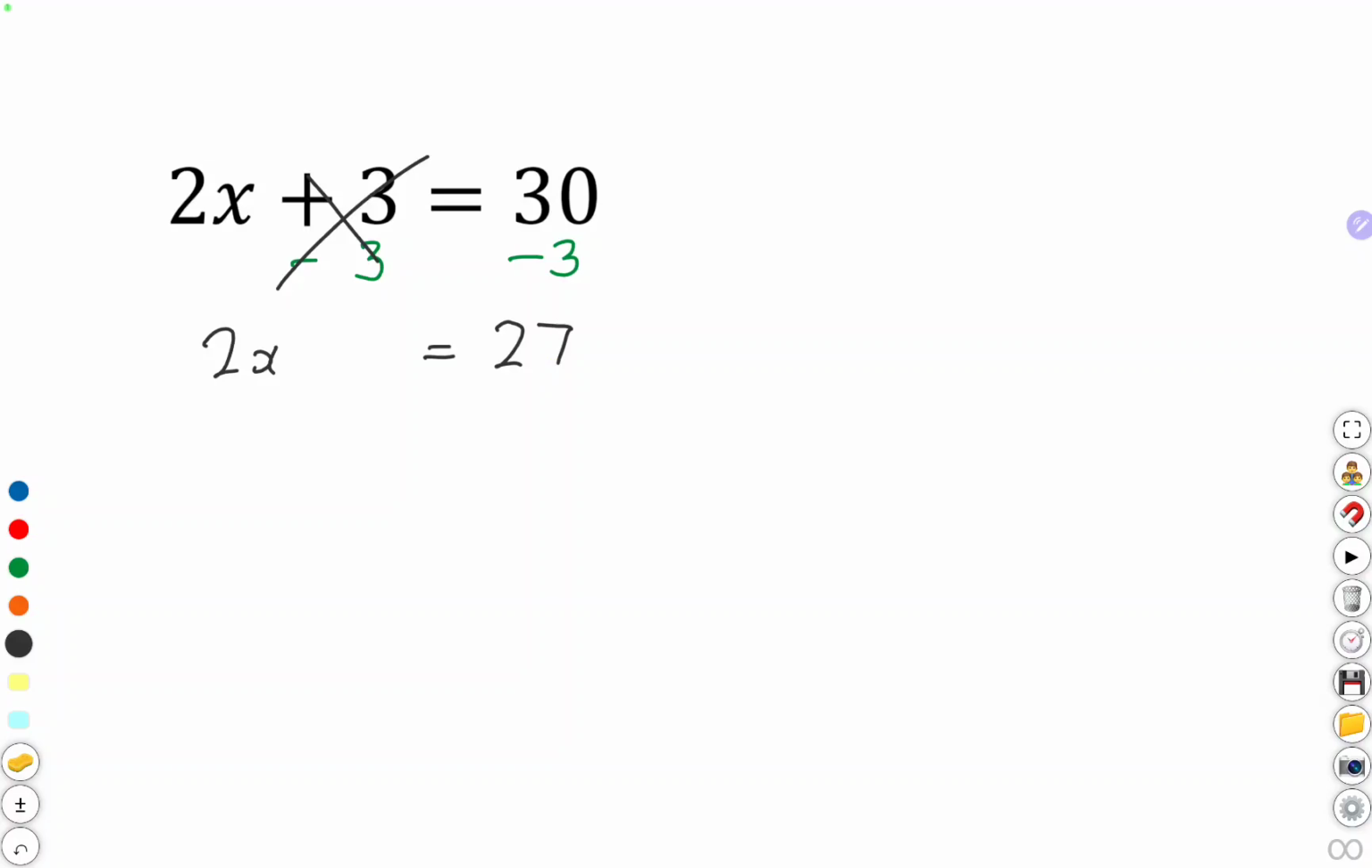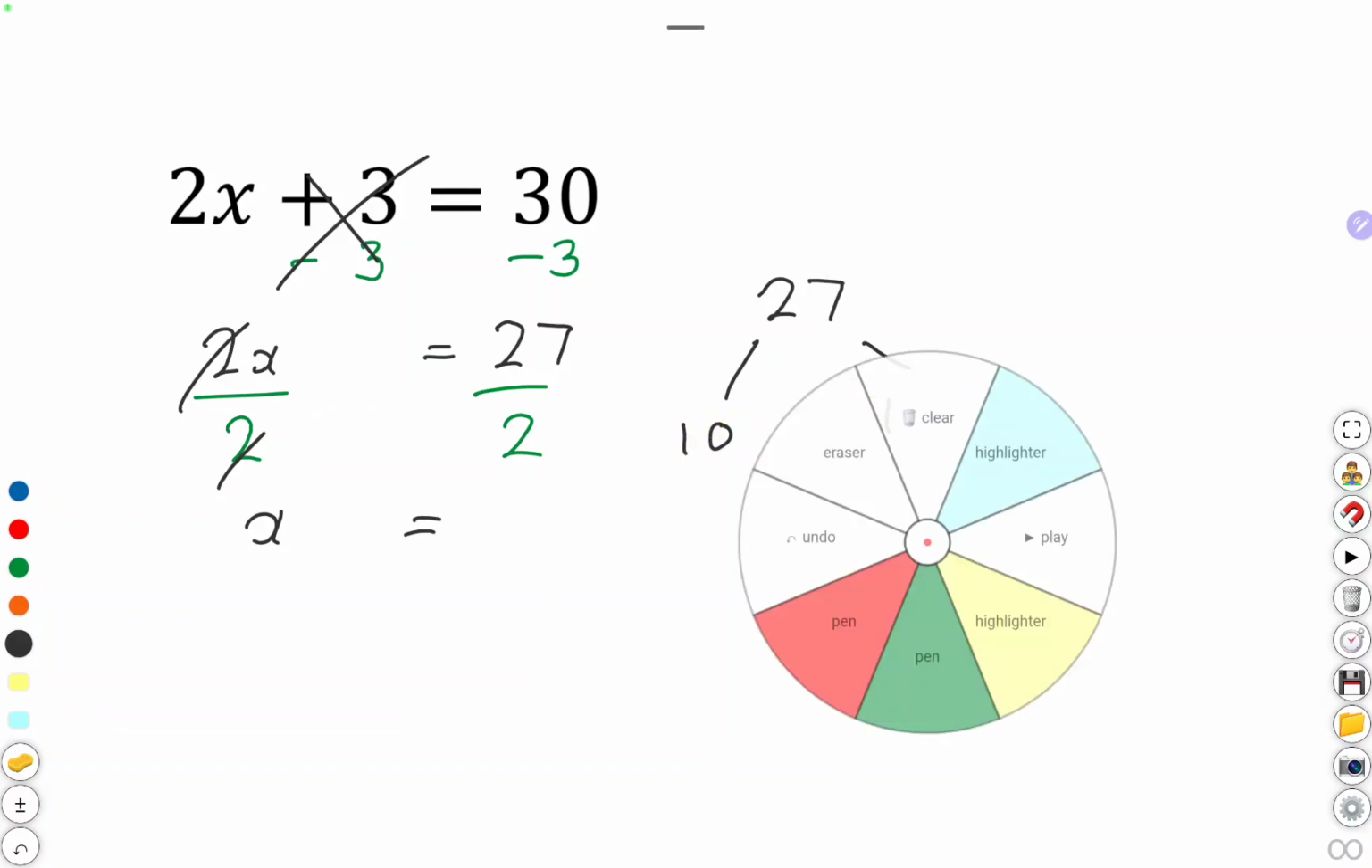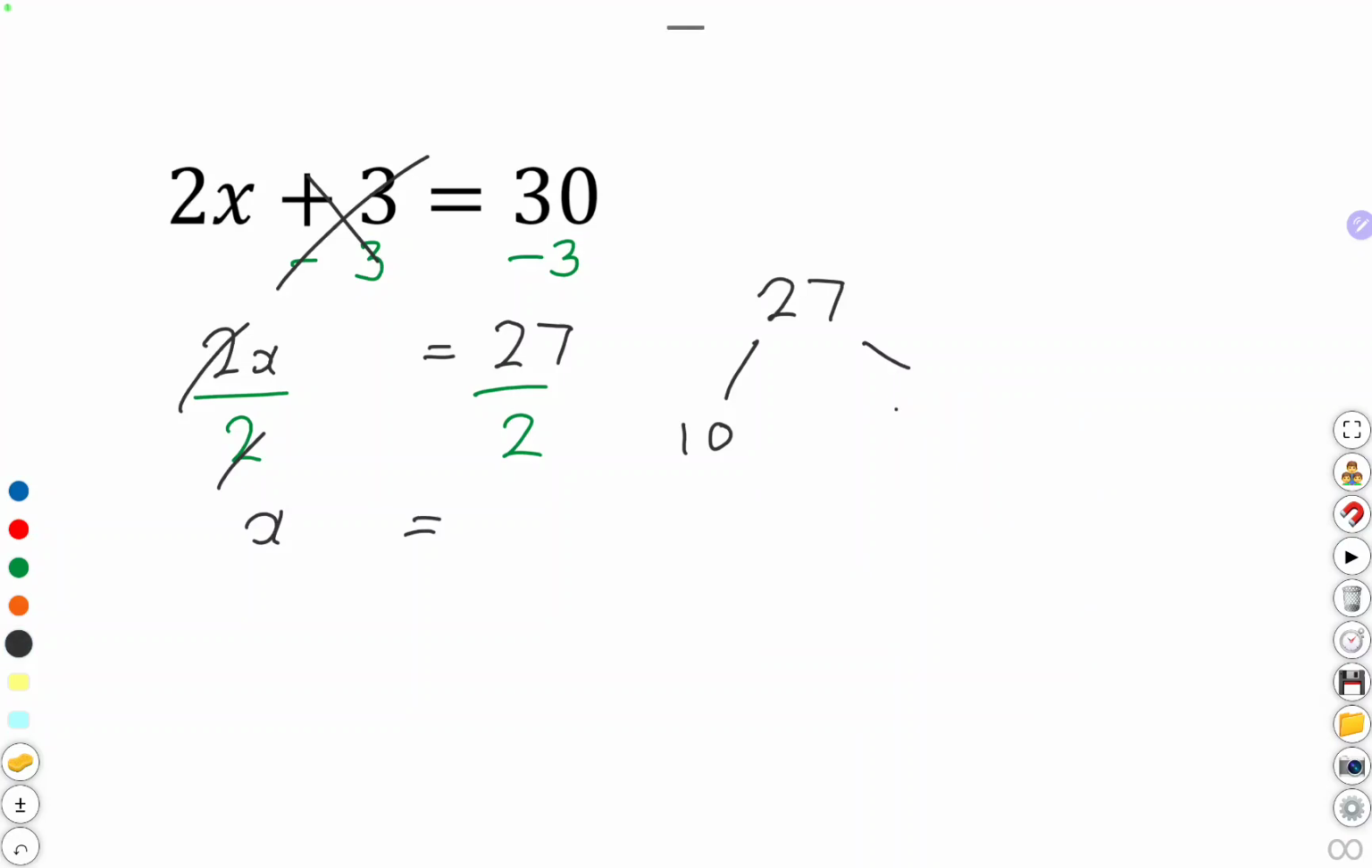And now we've got to find out by dividing both sides by 2 what the value of x is. So the 2's will cancel, so x equals 27 divided by 2, which is half of 27. Now, this might be a bit tricky. The method that I usually use is half of 20 is 10, half of 7 is 3.5. We put those together, we get